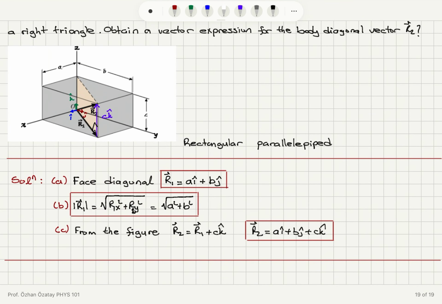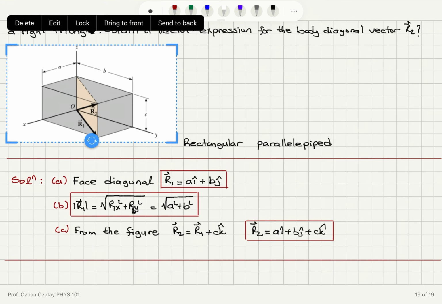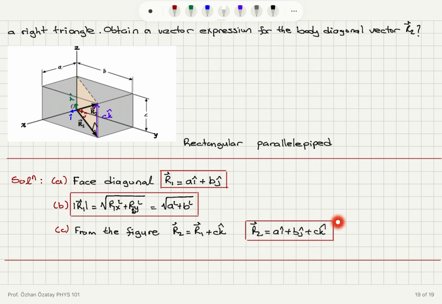And we worked on this rectangular parallelepiped to find the direction of the body diagonal vector r2 here. And basically we see that the r2 vector has a projection onto the xy plane as the r1 vector, which has a i hat plus b j hat. The components are a and b. The magnitude is square root of a squared plus b squared, and the R2 vector is the R1 vector plus c k hat, because we have these two vectors added with the head to tail method, which gives us the R2 vector, and its component on the z-axis is also equal to